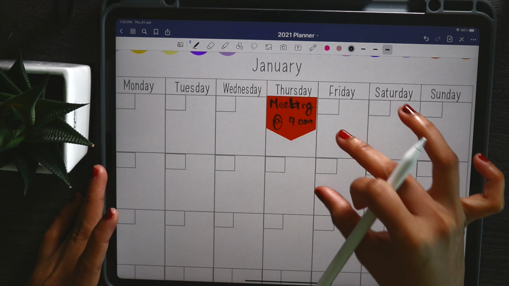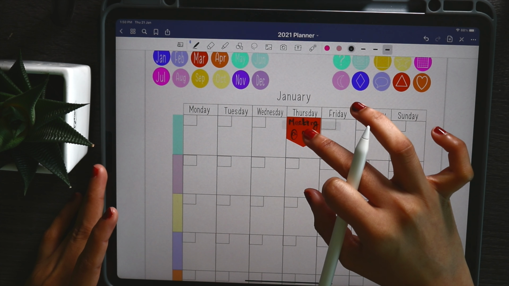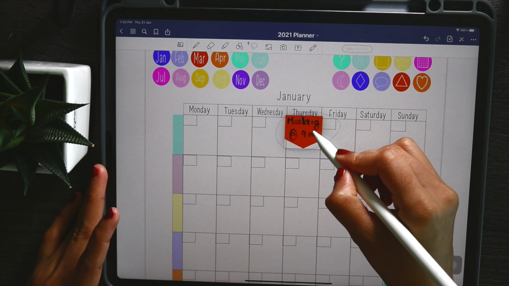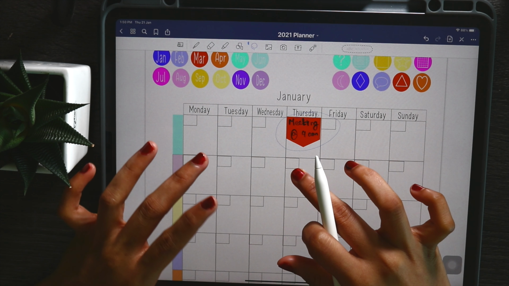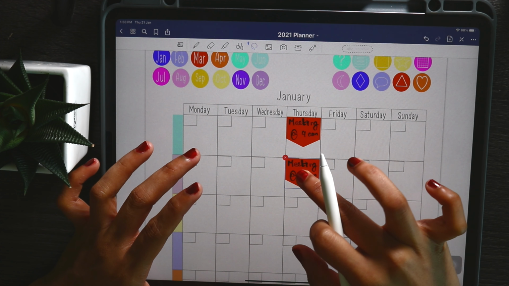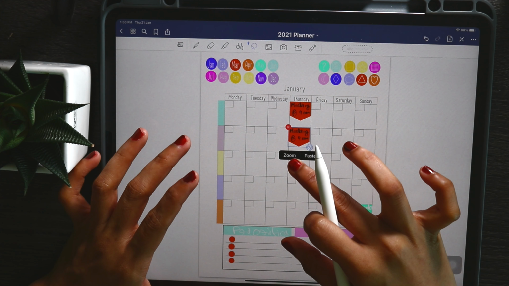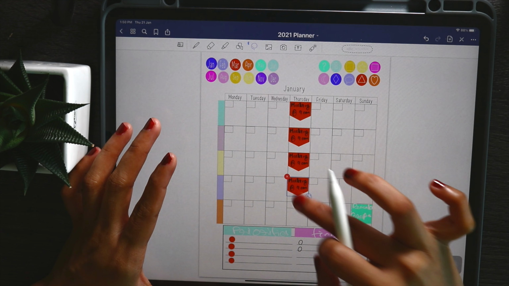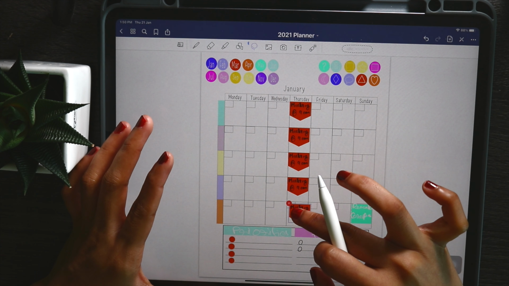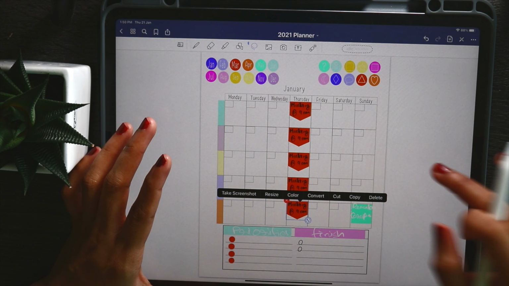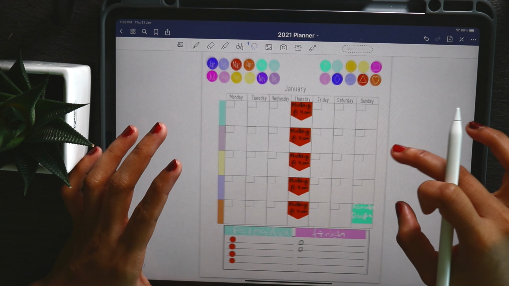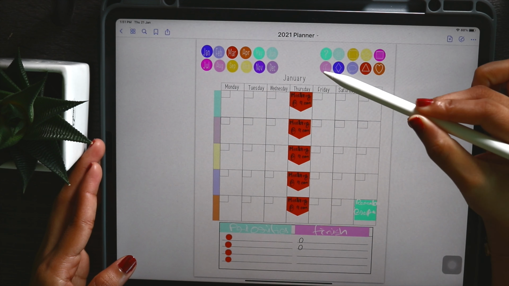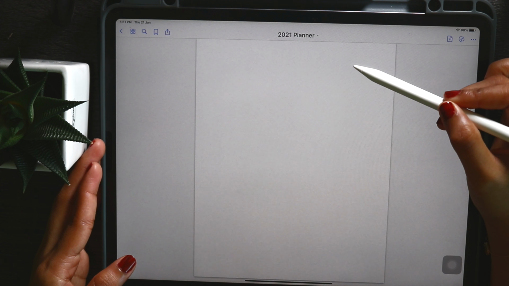Another thing you might do is add some recurring events. So let's say you have a meeting every day at the same time. I will also add a highlight to that because it's an important meeting. And then I will grab my lasso, circle that, copy, and then I can just paste this down on each Thursday. You will see that it pastes wherever you put your finger down and tap paste. So you can get it pretty close to being in place by putting your finger down in the right spot. You can really customize all of these pages with whatever color and style you want to use.